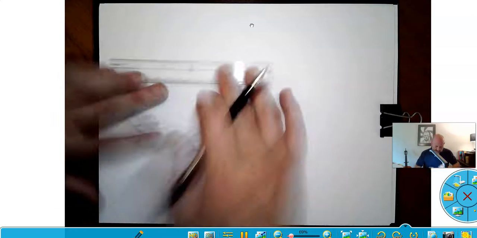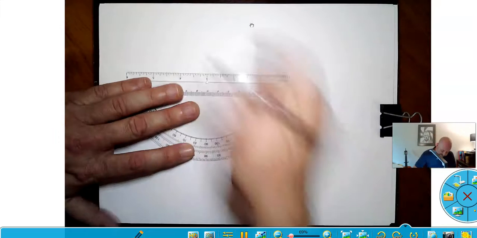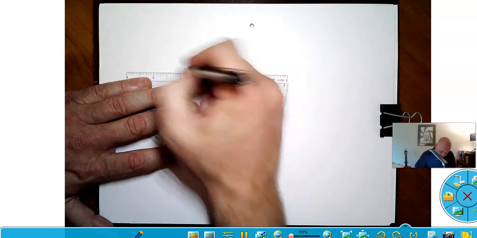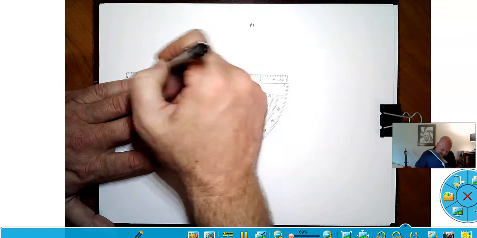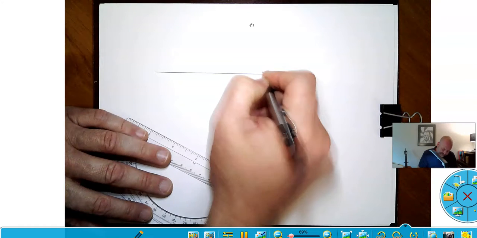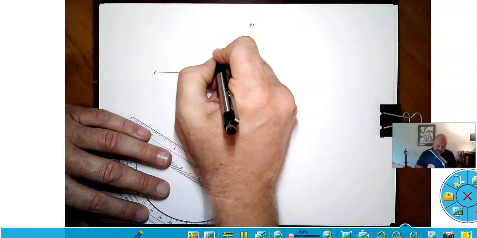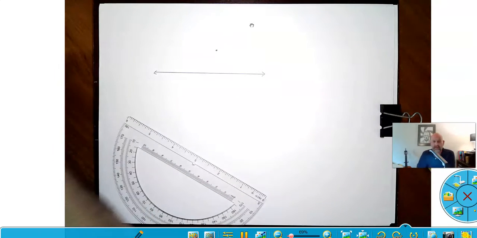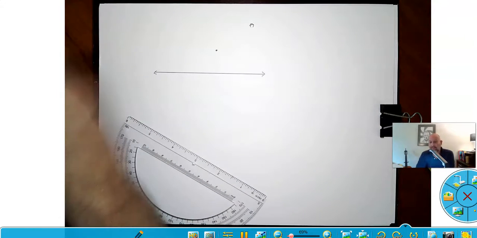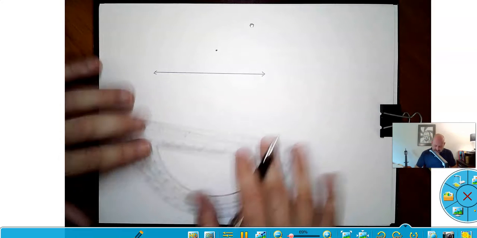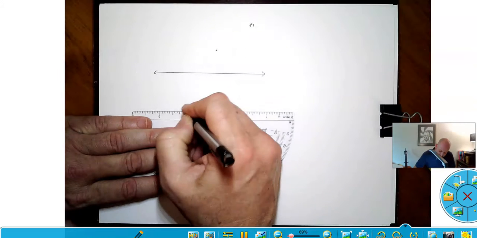All right, so let's go ahead and take a look at our first example. Now we have seen this before when we construct a perpendicular to a line segment, right? But this time I'm going to give us a line. This thing goes on forever. And we want to find a perpendicular line that goes through one particular point. Okay, so when we look at the construction for a line segment,